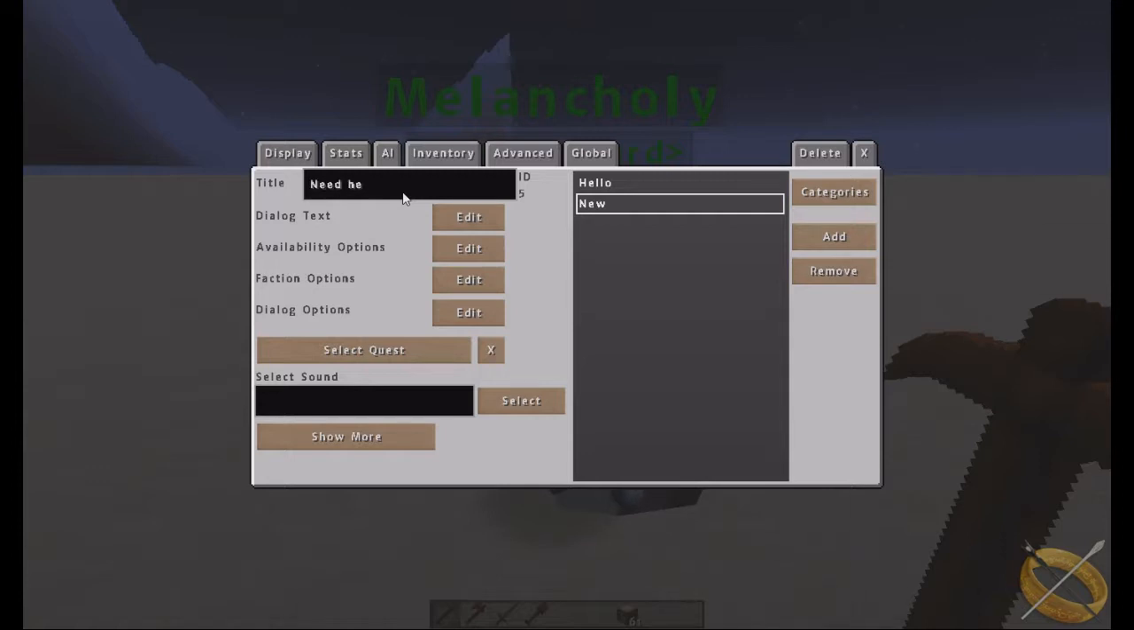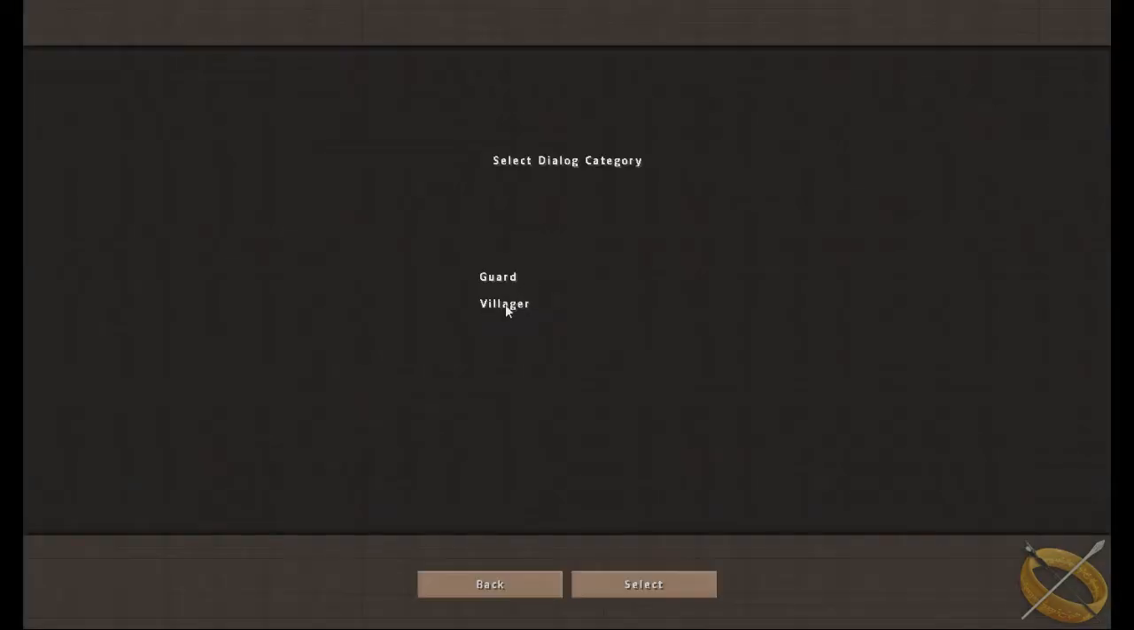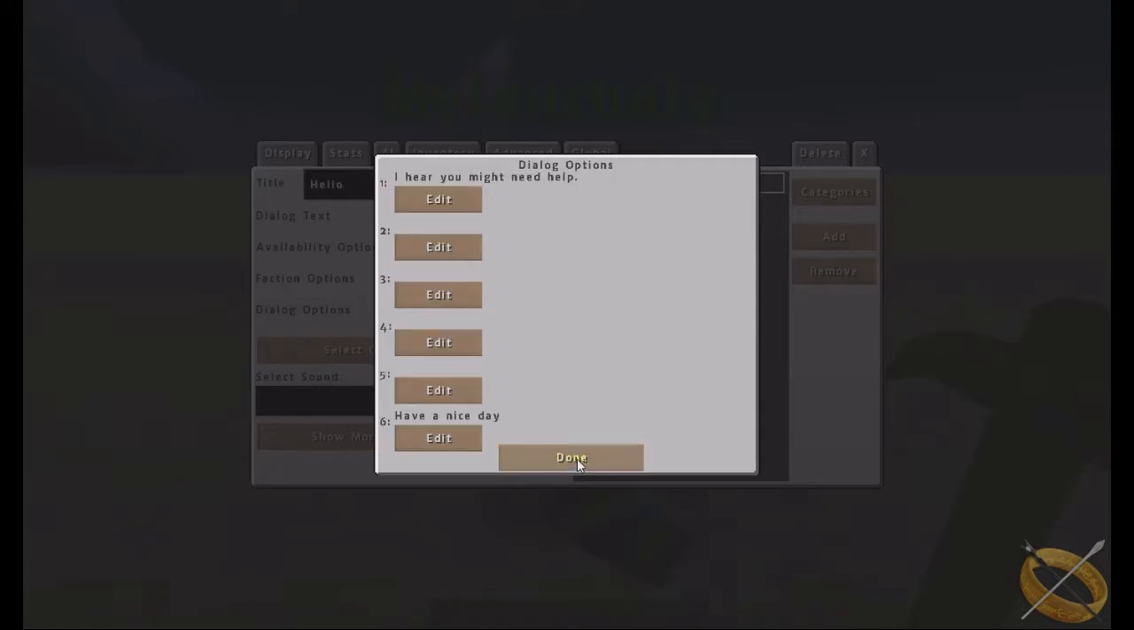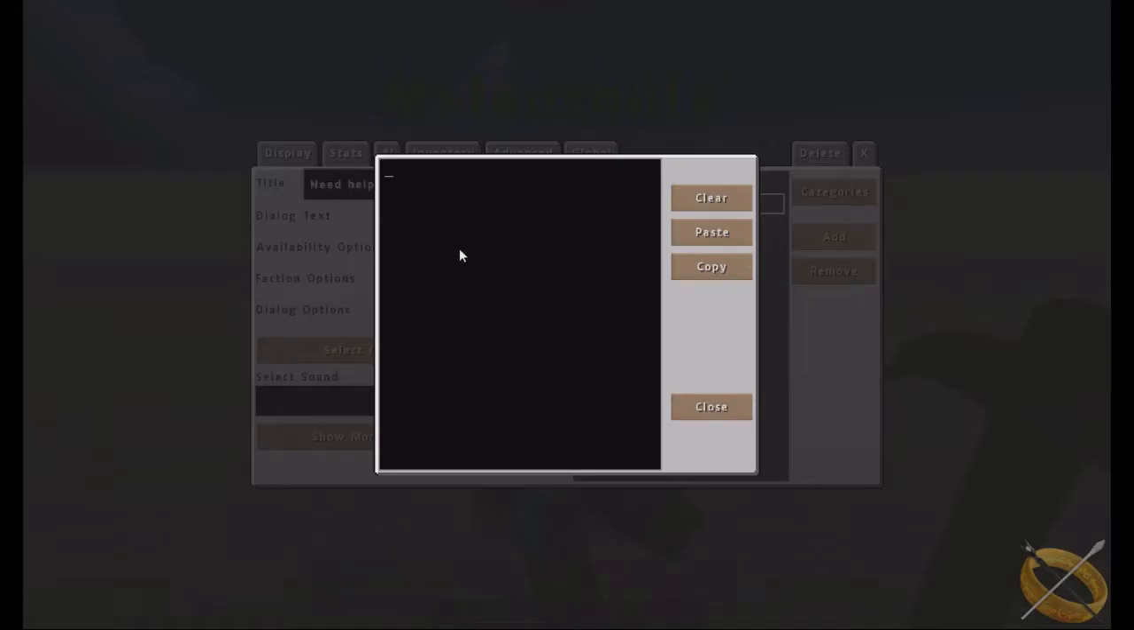And we'll call this Need Help. And before we get started on this one, we're going to go back here and we will change the dialog. Remember, we selected it. So now we go in here, and there's the next one. So when the player clicks on that in the dialog menu, it will take them to the next dialog. And here we're going to go